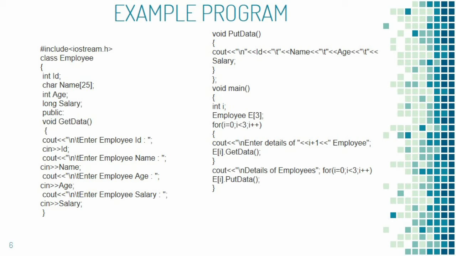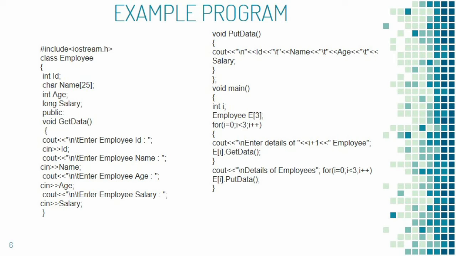Now the i in the for loop gets incremented to 3. 3 less than 3, the condition is false and it exits out of the for loop. The next statement of the main function is the cout statement. In the cout statement, the statement which is enclosed within the double quotes is displayed as it is, and again a for loop is inserted.